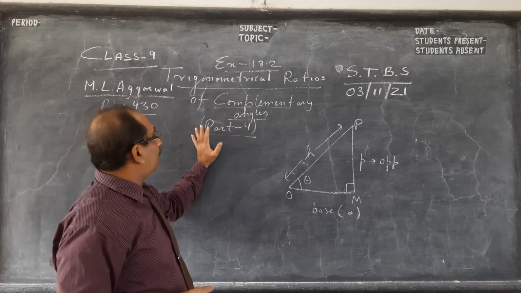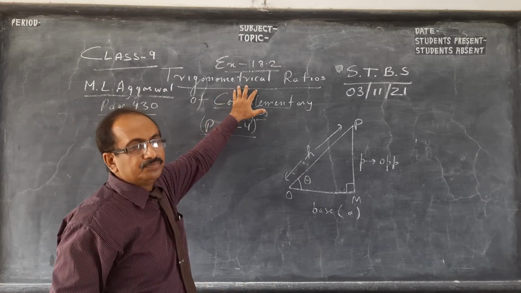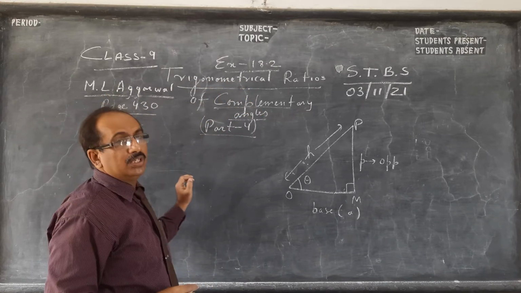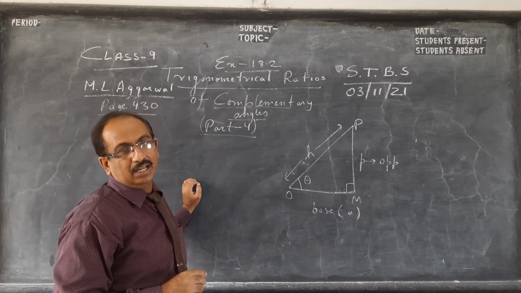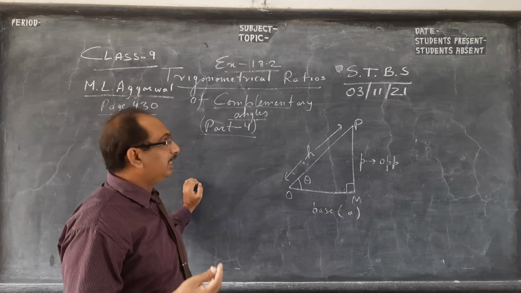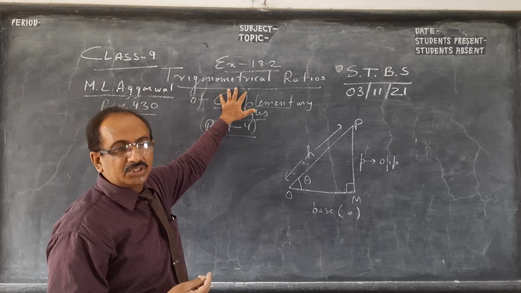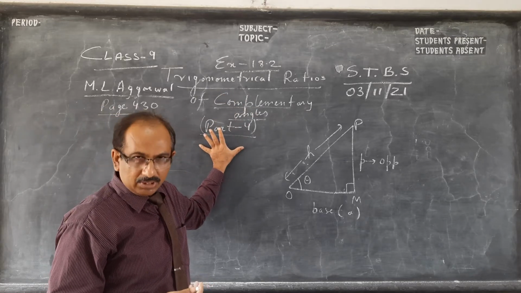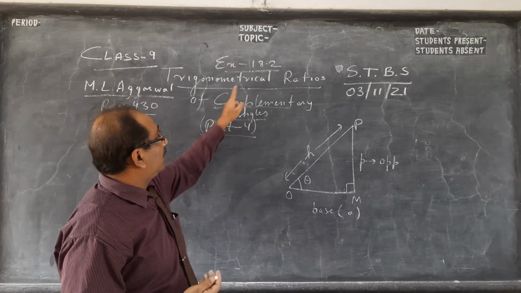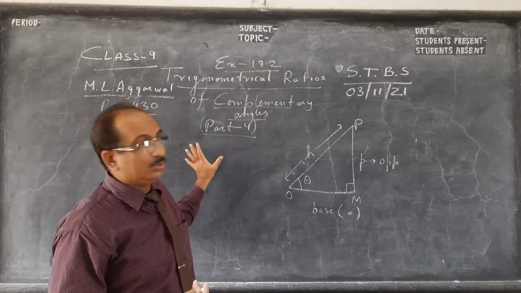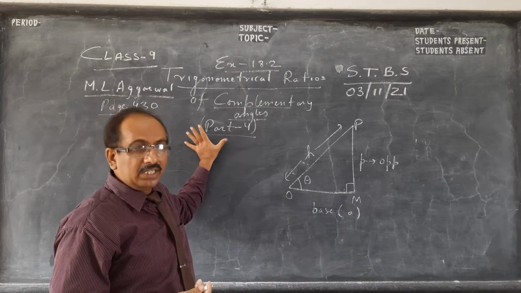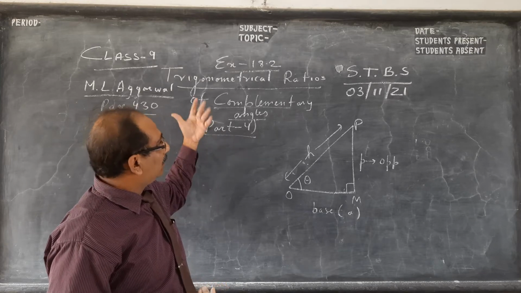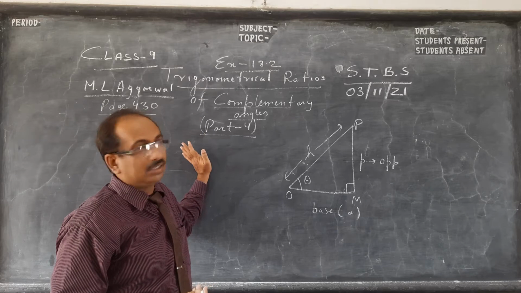Now, this chapter, complementary angles, is in M.L. Agrawal's book, which I am following. You see, it is after standard angle, but in some books I see it is just after trigonometrical ratios, before standard angle. So this is an easy and very good concept. Actually this is after standard angle, 18.1, so 18.1 I'll do. But this is quite easy and interesting, so I thought of doing this first, then we will go back to standard angle.